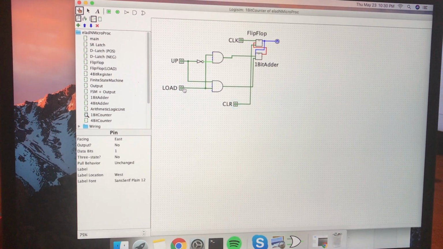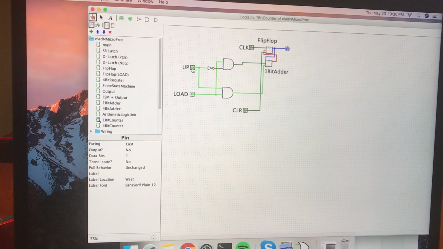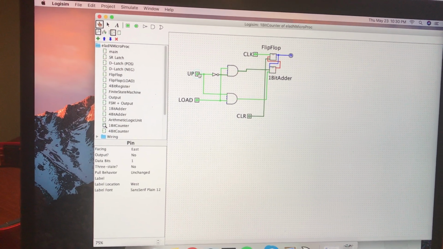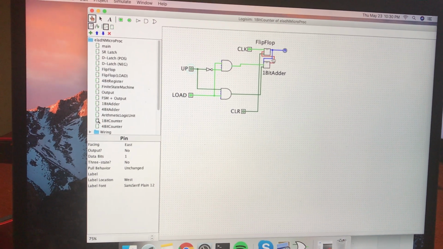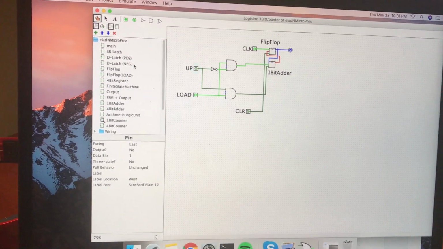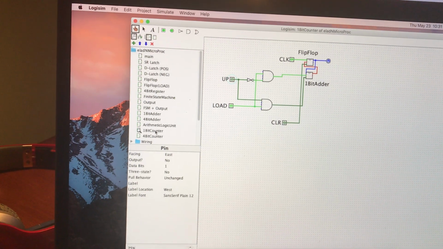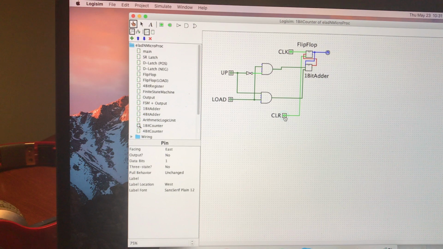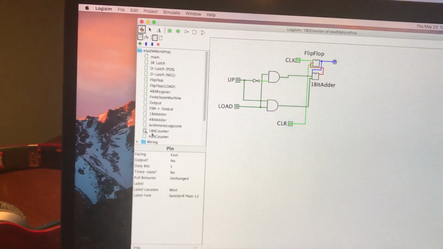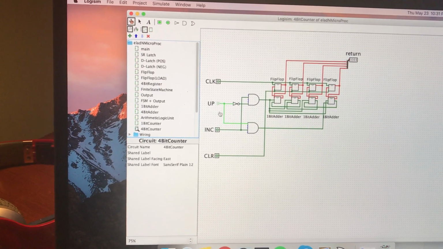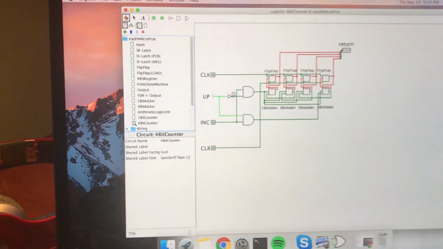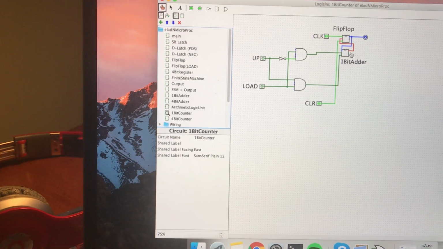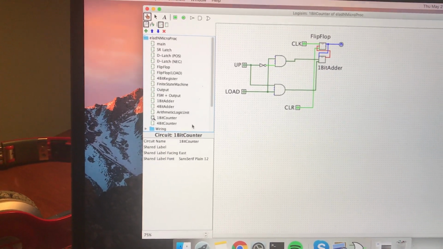So we clear it, and we have load high, and we have the rising edge of the clock. We see that this isn't properly working because I didn't open it properly. For some reason it's not. Alright, okay, so we'll come back to this one. But in our 4-bit counter, which is basically our 1-bit counter, so this isn't working. I'm sure this is probably a bug with Logisim, but our 4-bit counter